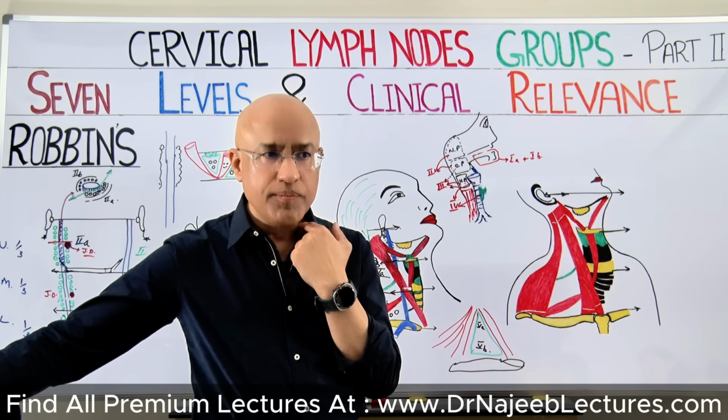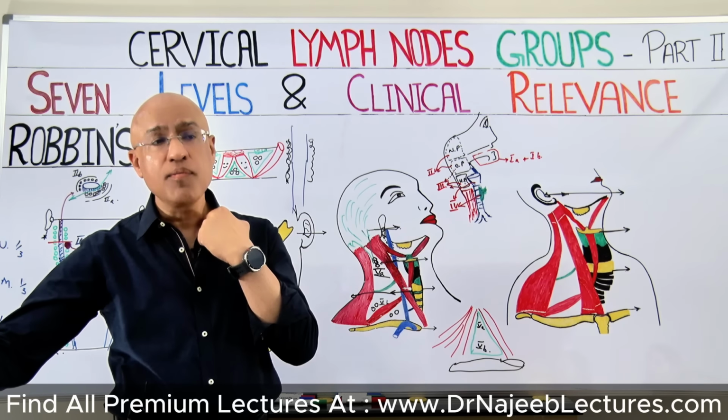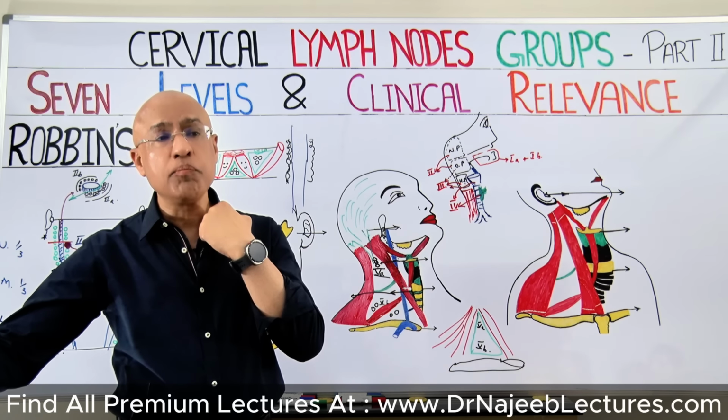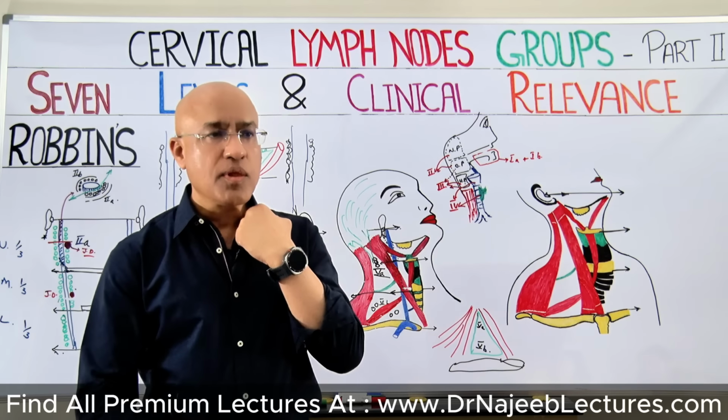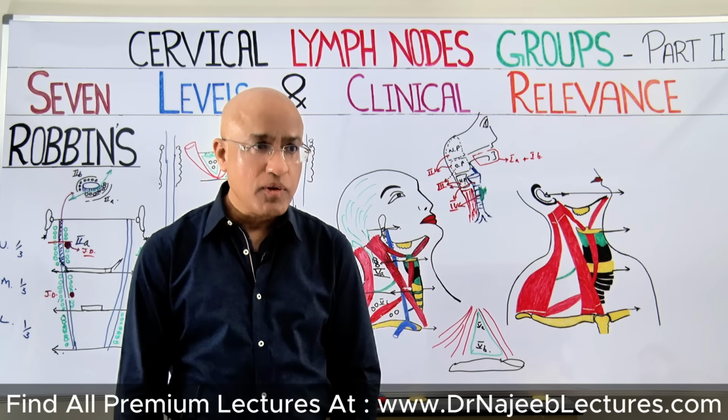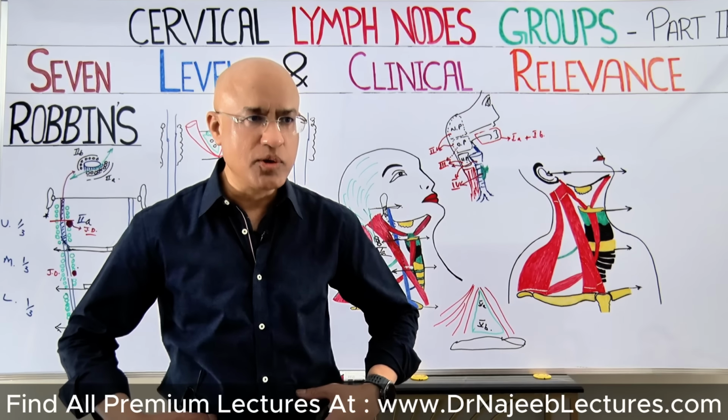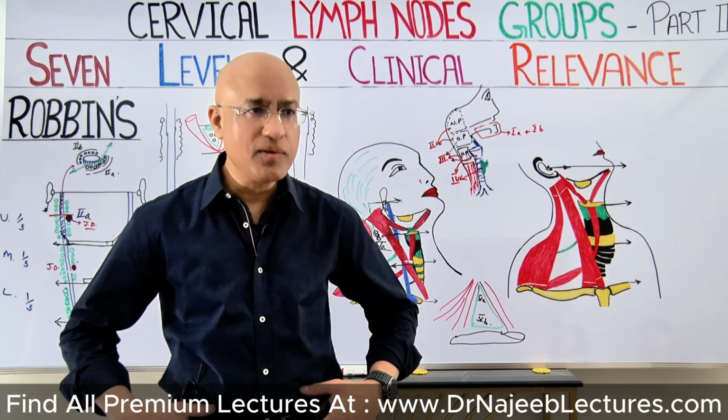Because it drains a big part of the body, because the thoracic duct comes near this area and joins the big part of lymphatic drainage to the junction of the internal jugular vein and left subclavian vein, right? So every doctor and medical student should know this area's drainage. That is both legs, of course pelvis, whole abdomen, left thorax and left part of head and neck. All the lymph connected from these regions